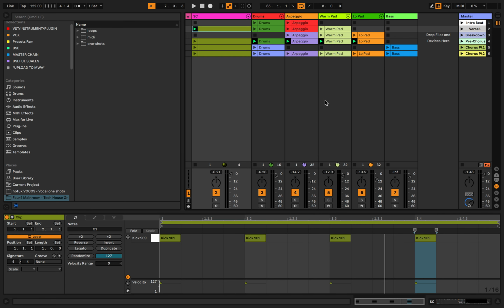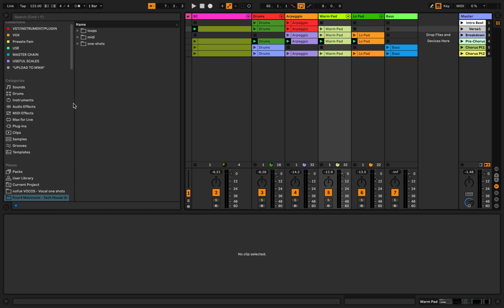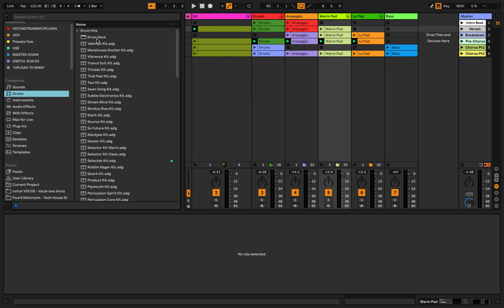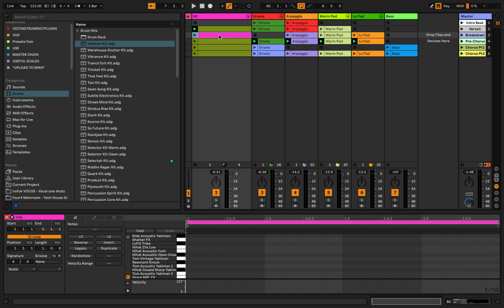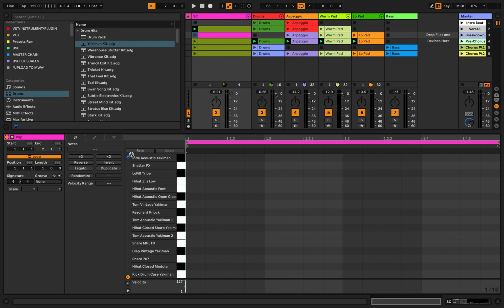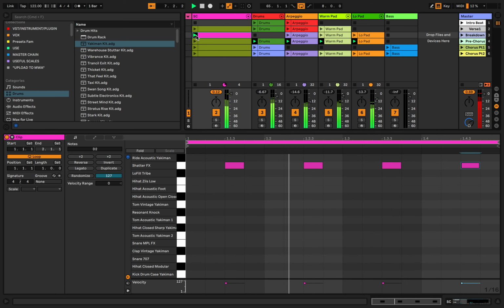So we're actually in Session View, we've got a few clips loaded. There's a few ways that you can do this. You can drag your drums into a clip, and then if you double click it will create a new clip, and then we can put some things in here. So we're just going to click the audition button. As long as this is blue, you'll be able to hear the sound of the sample. So if I press play on this,